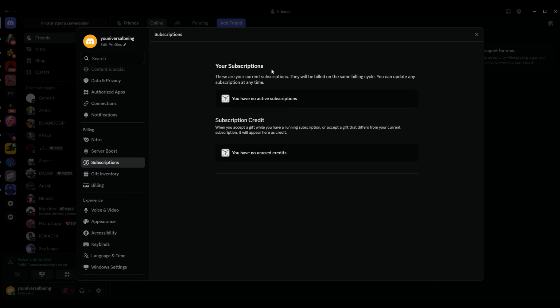Discord may show you a few confirmation steps, and sometimes it will ask you to review what happens if you cancel, such as losing premium perks at the end of your billing cycle. Follow each confirmation prompt carefully and keep clicking through until the cancellation is complete. After that, your Nitro subscription will be set to cancel, and you'll usually still have access until the current billing